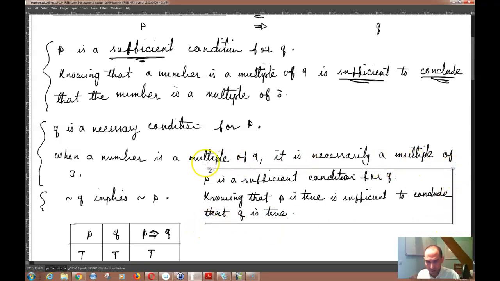So this is one thing. P is a sufficient condition for Q means that knowing that P is true is sufficient to conclude that